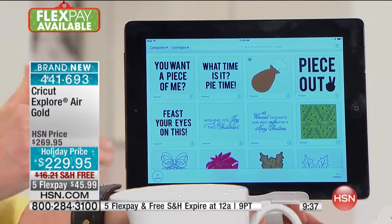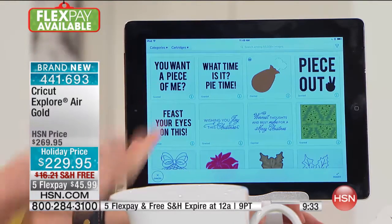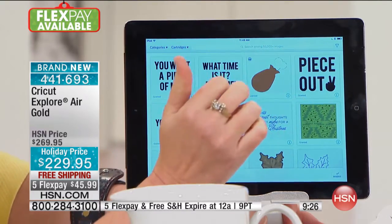What's new, for those of you who have maybe seen Design Space software before, is you used to have to sift through all 50,000 images. It pulls up the ones that are themed. So here's all the Thanksgiving and Christmas, for now. So say I want to do...